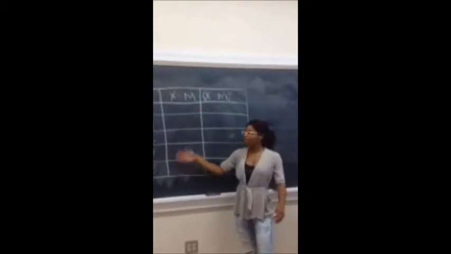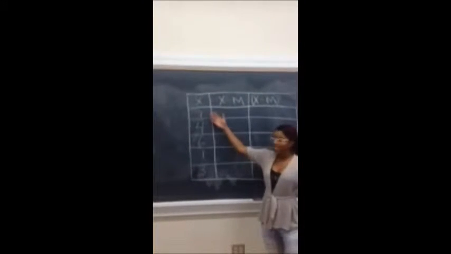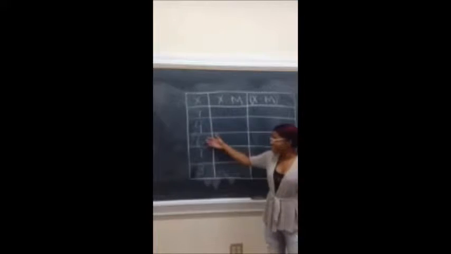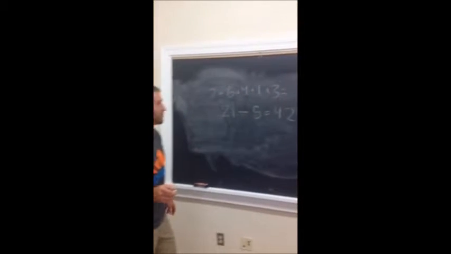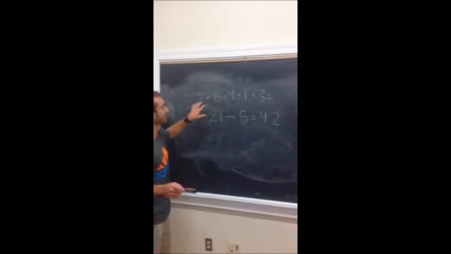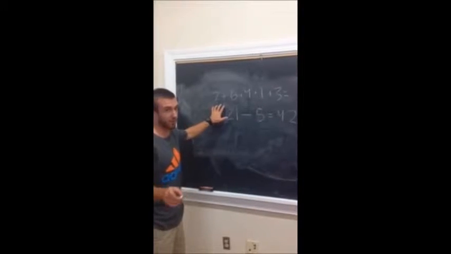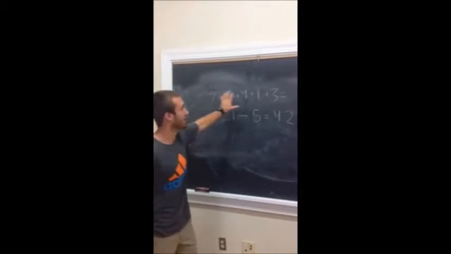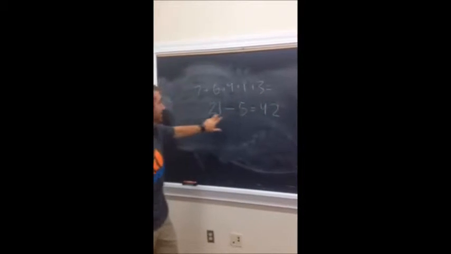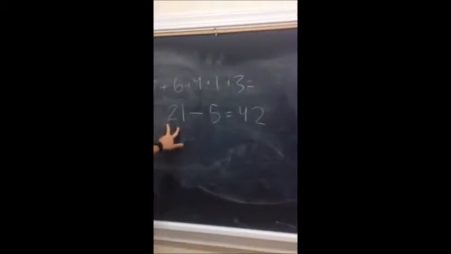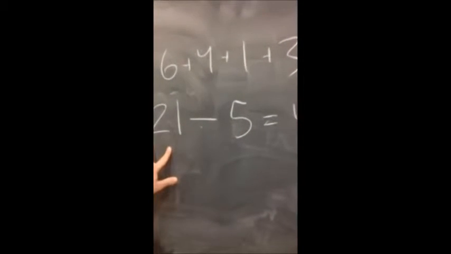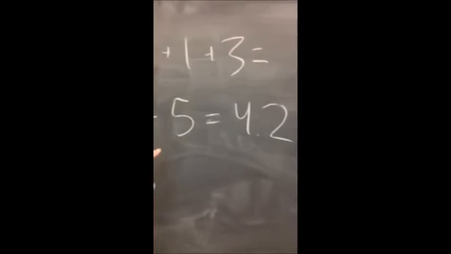So what's going on here, LaQuasia? Well, we have our X values here, which are going to be our scores. Mike's the 7, I'm the 4, Lee's the 6. We have a random guy with a 1 and a 3 for a break. So with our data points, we need to find the sum because we're looking for the mean. So to add all of them up, we have 21, and you have to divide it by how many data points there are, which is 5. And then our mean comes down to